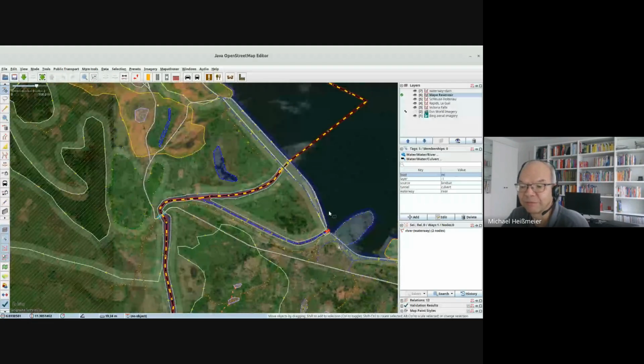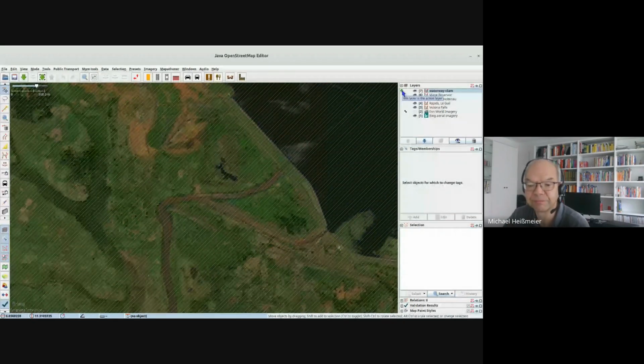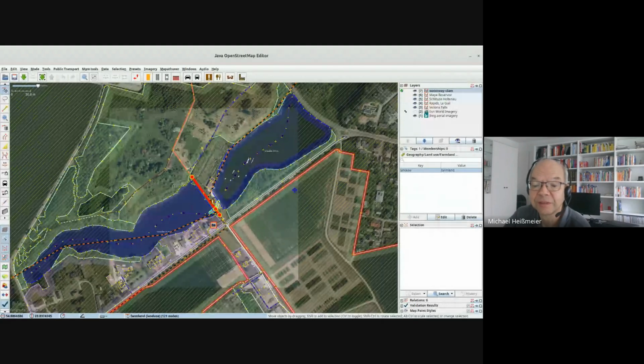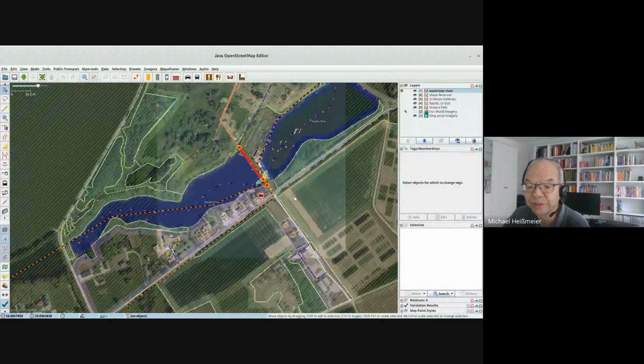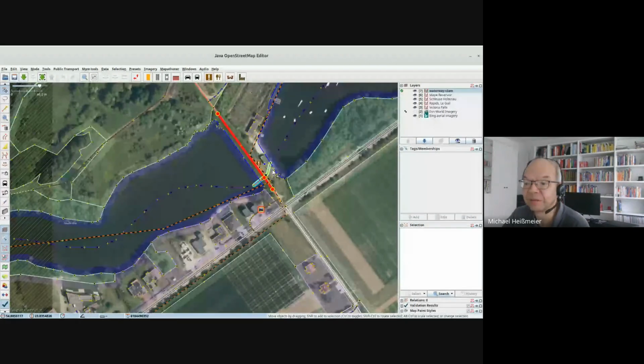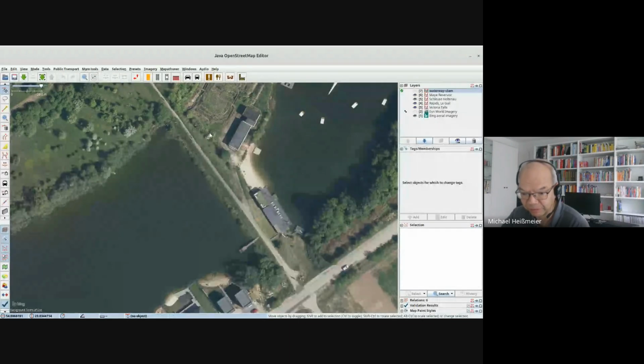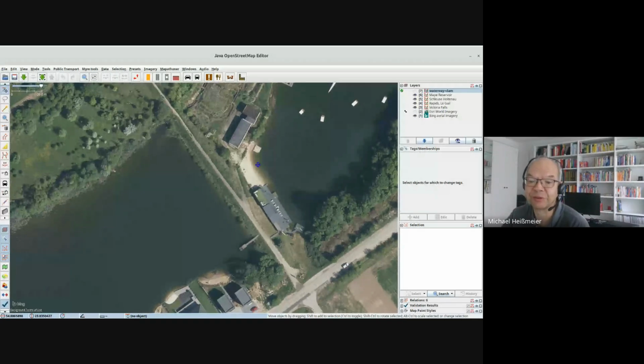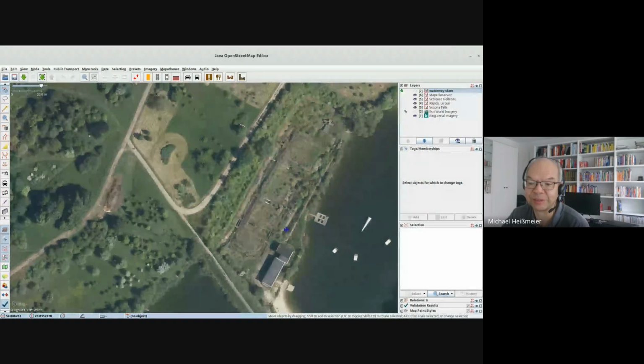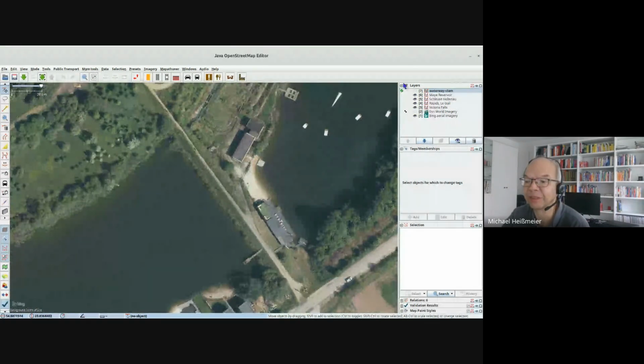And if you've got a smaller dam, for instance, it is also perfectly okay to map the dam only as a line. We've got a good example here. This is in the Baltics. It would have been perfectly okay if one mapped this as a polygon as well, but if you're not sure what is really the dam and what is something else, or if you're a bit in a hurry,